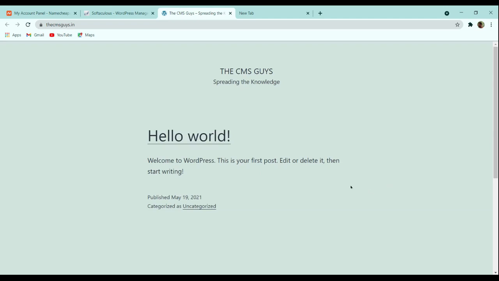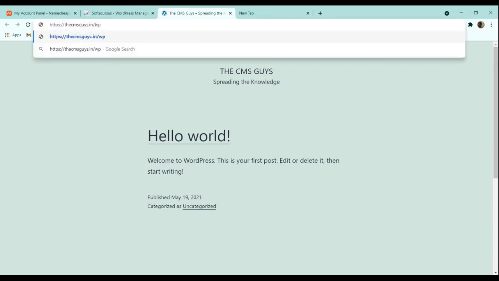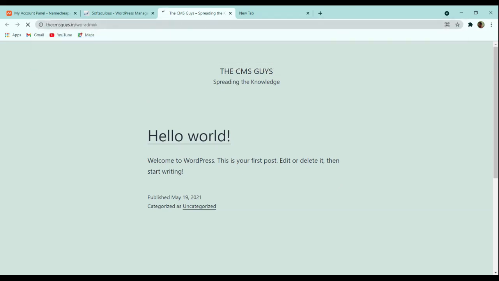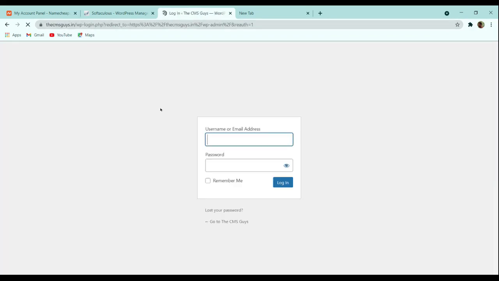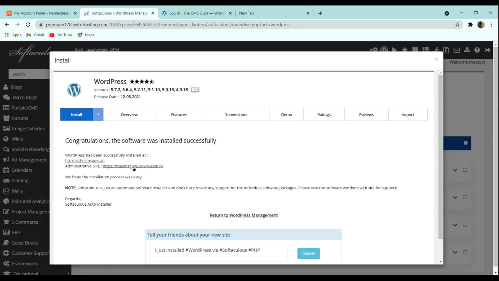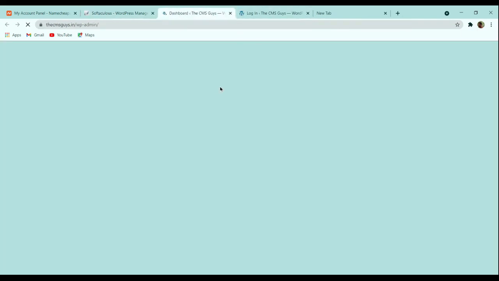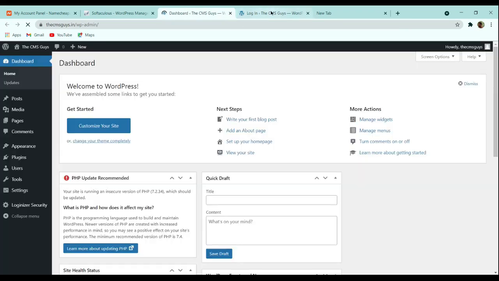If you want to go to the dashboard, you just have to put a slash and then wp-admin after your website name, and you will be redirected to your dashboard login panel. Here you can also find this administrative URL, the same URL, which will also redirect you to the WordPress dashboard.